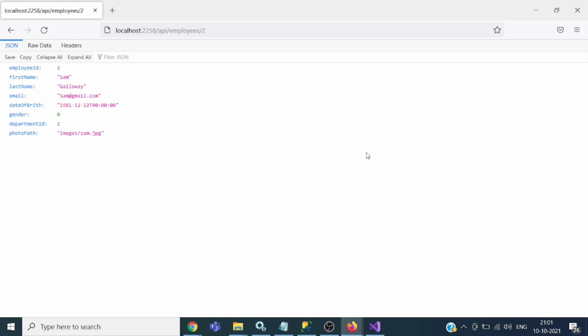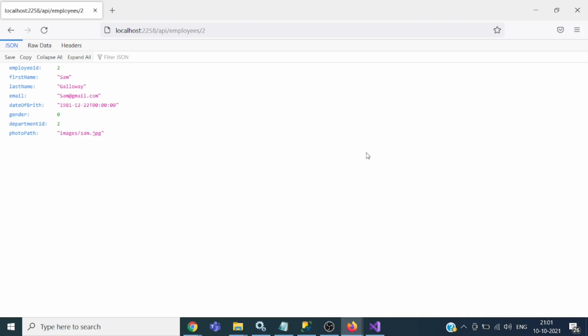So now what we will do is, for the first time when a request comes for a specific employee ID, we will retrieve the employee from the database, and then we will store that employee in the Redis cache. Then the second time when the request comes for the same employee ID, we will check whether this record is available in Redis cache. If the record is available in the Redis cache, then we will convert that data into an employee object, and then we will serve the request without getting data from the database.